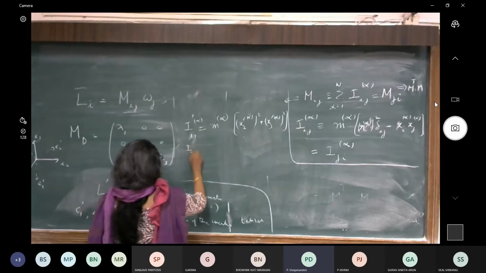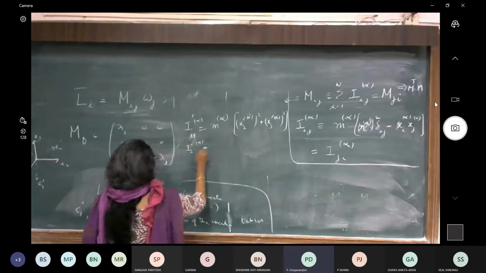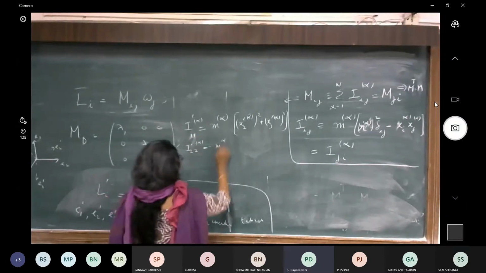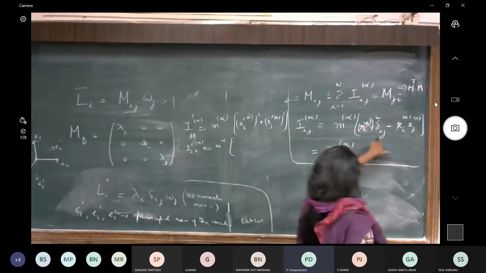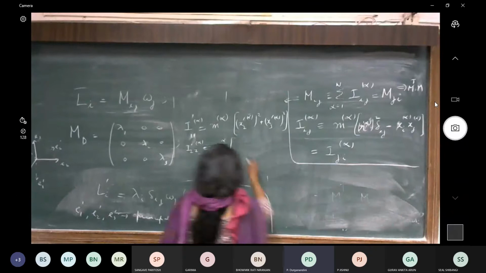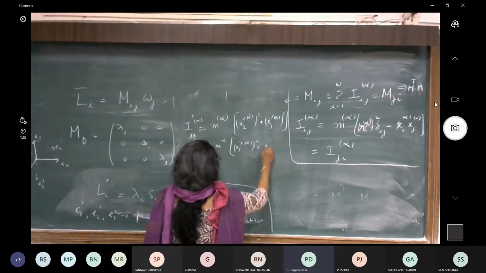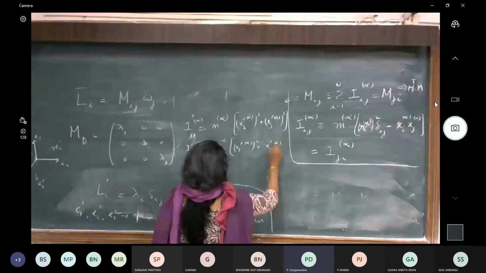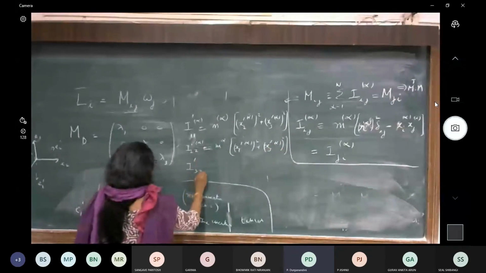Similarly, your I2 prime alpha, so only you will get diagonal elements, will be m alpha times x1 prime alpha whole squared plus x3 prime alpha whole squared. But these are the components in the new basis. I3 prime alpha,